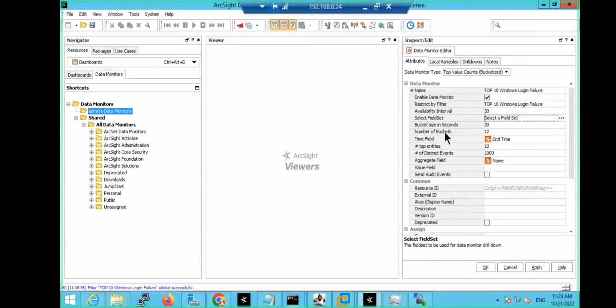What happens is this dashboard stores the data in buckets because it has to make the data available. Let's say some data comes within 5 minutes, it has to show the data. It's not something that every time it will search all the data, so it stores the state of your data in the buckets. The dashboard has buckets, so how long do you want to